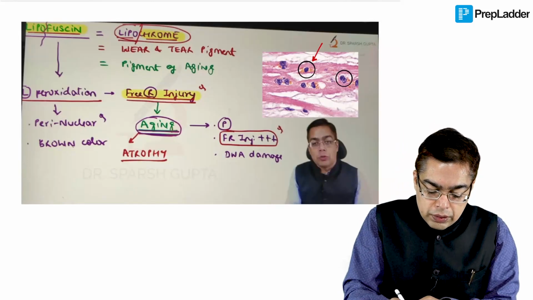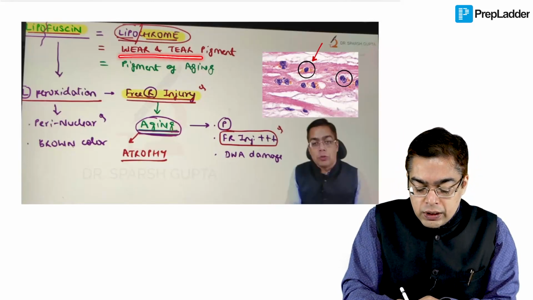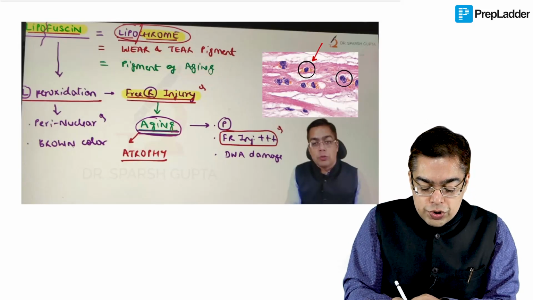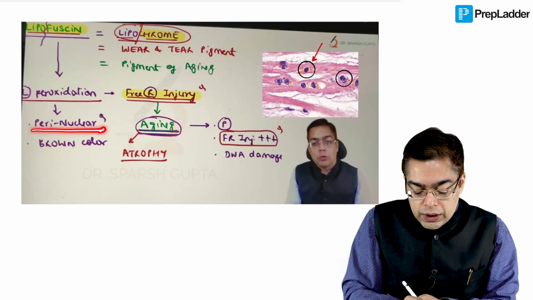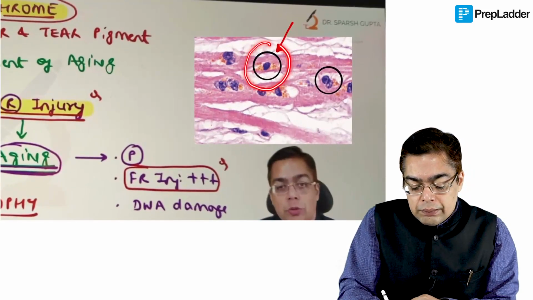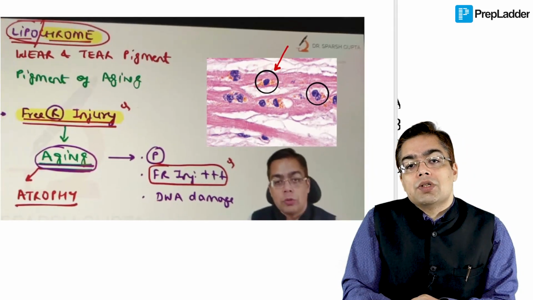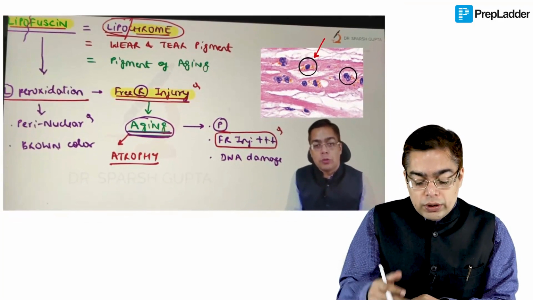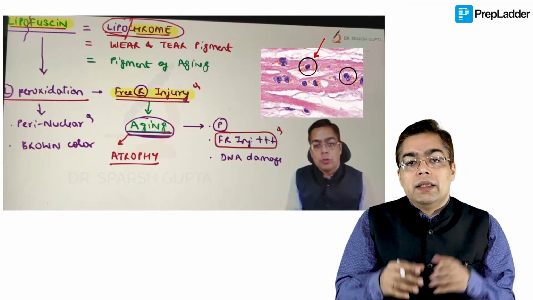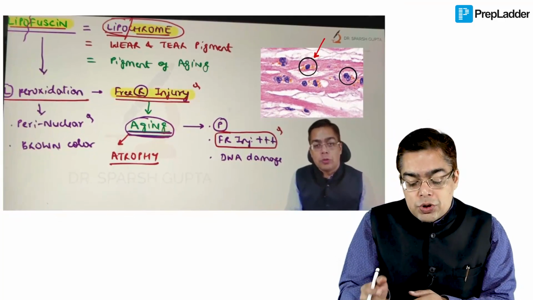This is going to be an example of a pigment that is known by the name of wear and tear pigment, so associated with aging. We did talk about the fact it is associated with the perinuclear location and a golden brown color. With that image that I would like you to be having an idea about, since the current pattern of the examination is giving you the images as well, there is a possibility that they may give a clinical history based question, and then 4 images are placed in front of you and they may ask you to pick it up.